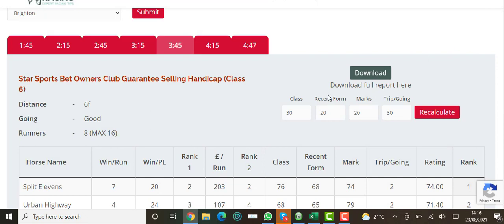Just want to cover, as I said earlier, these weightings. This affects the algorithms within the data in the spreadsheet. Now, as I said, I would leave these as they are at the moment. You can mess about with them, but if I try and change that to 20 and go recalculate,